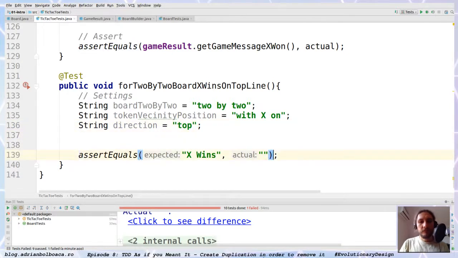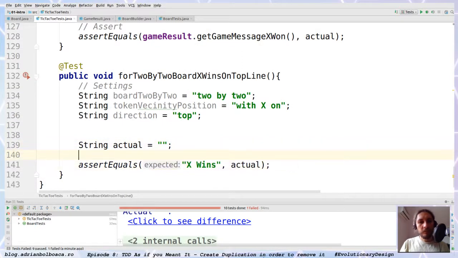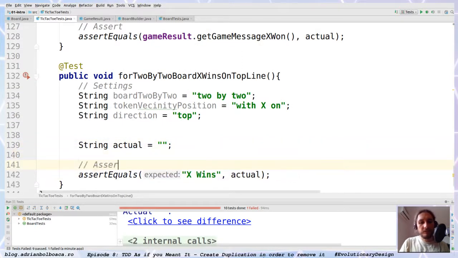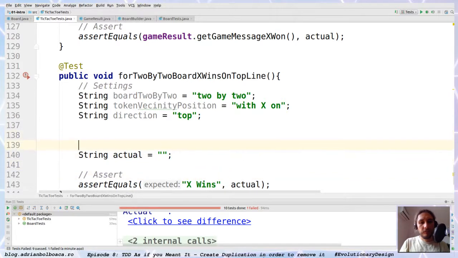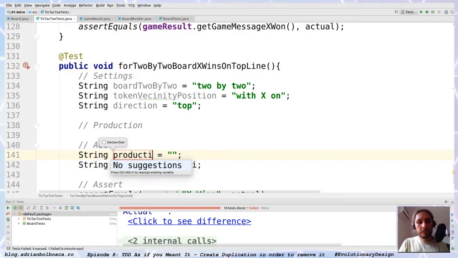If I extract the actual in a variable, now this is the assert, this should be the act, then I also need some production code. So if I extract this to a variable called production code,